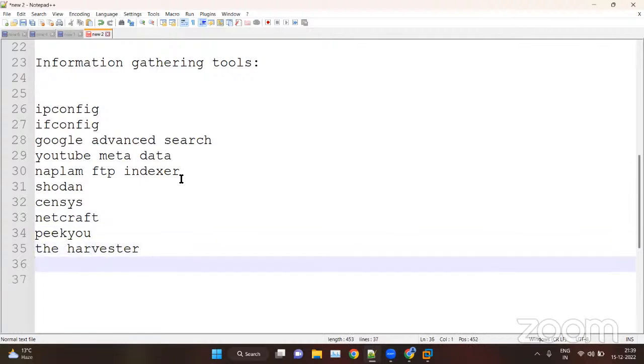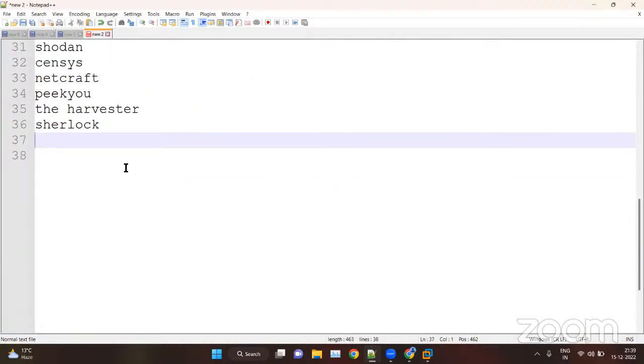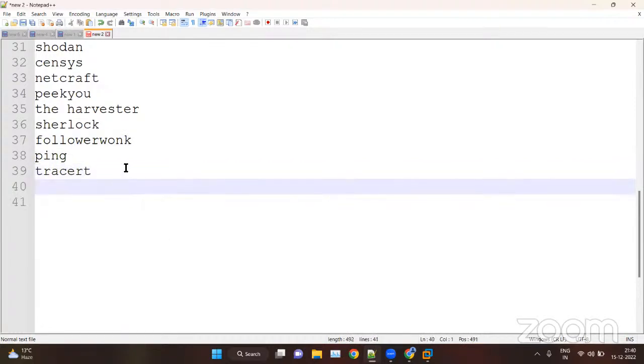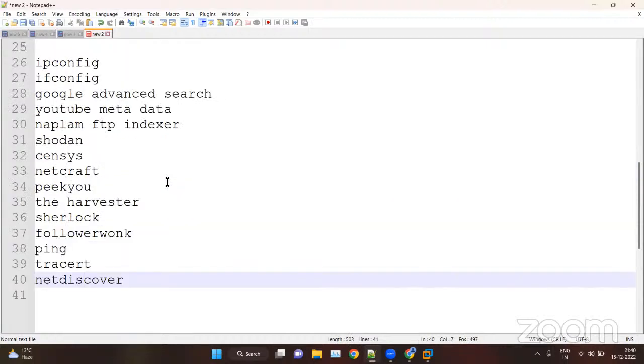Okay, and then we will see Sherlock, which is a Python tool. Then Follower Wonk, ping, traceroute, then netdiscover. So these are the tools we are going to see today.